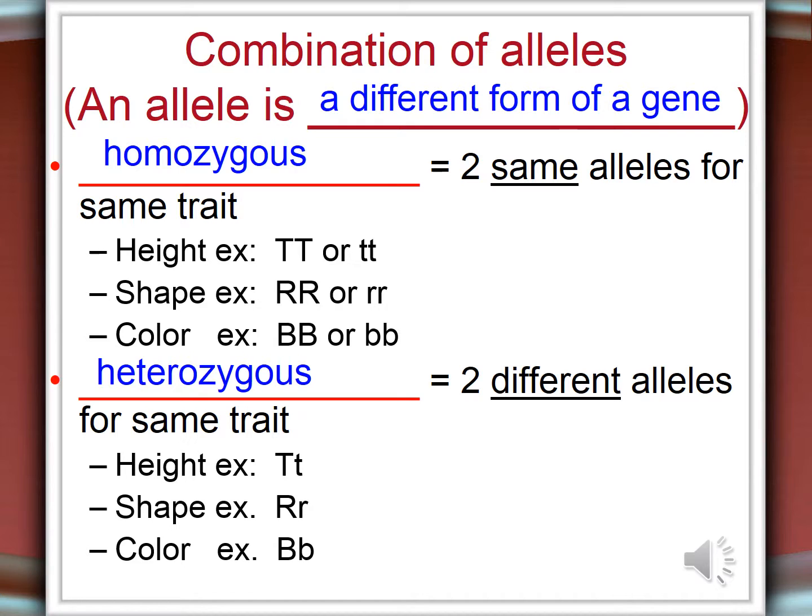Okay, so that's the way that's seen. Now, this second case is when you get two different alleles, and that's hetero. If homo is for the same, hetero we say different. Hetero is different, and zygous, once again, the zygote, the fertilized egg. So when the fertilized egg or the zygote has one trait that's different from what they got from each of